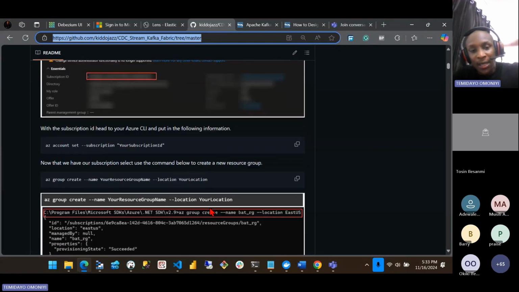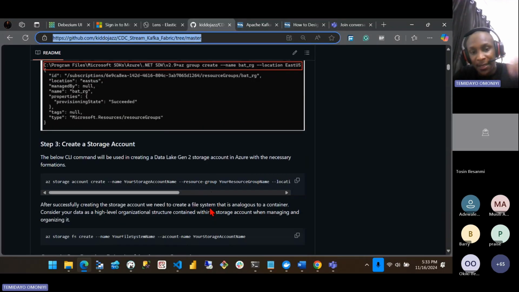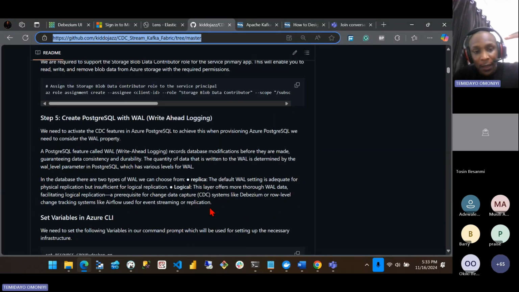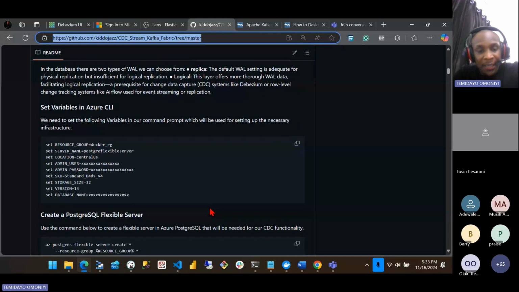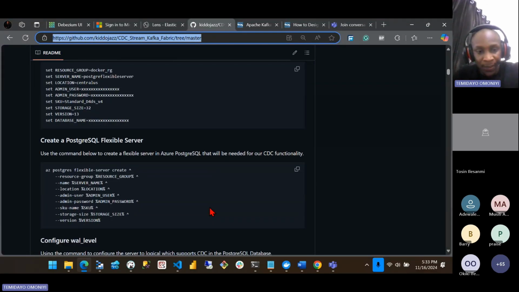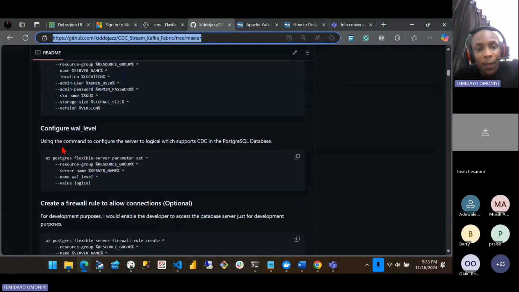So if you go through the article, that's the documentation, I've broken down everything, how you can go about it step by step, provisioning it, setting up the necessary resources, setting up permissions. I want to talk about some things that are very essential for us to understand, and from there I'll go to the coding. Part of the things I want to talk about is called WAL. When you're working with a CDC approach for a database,